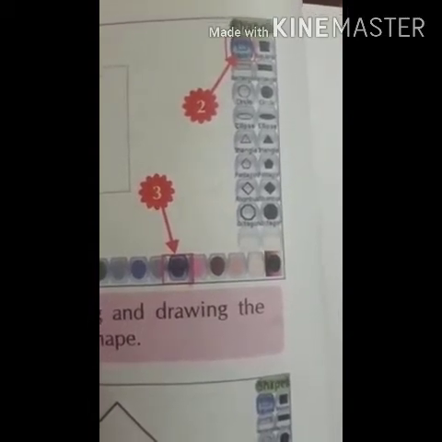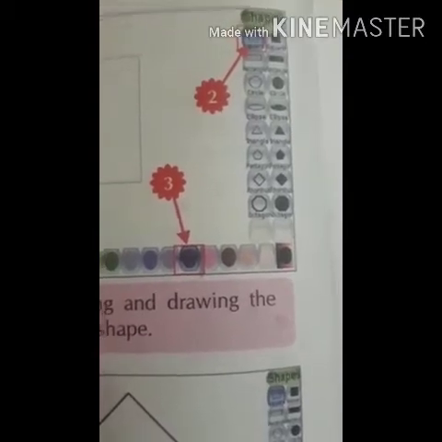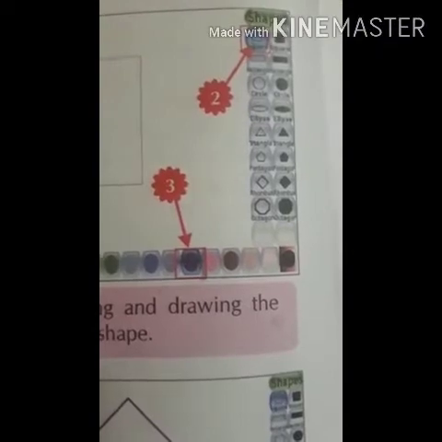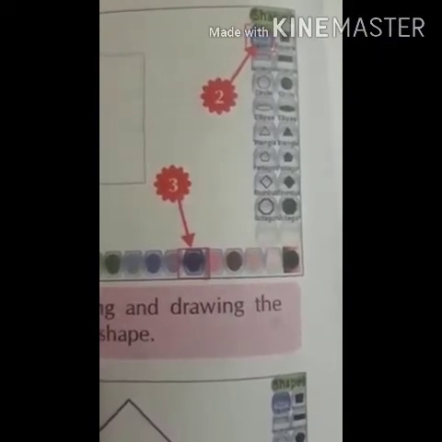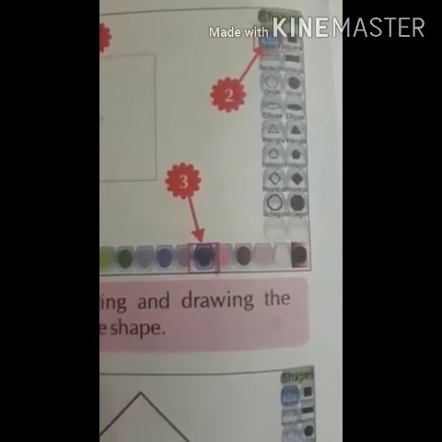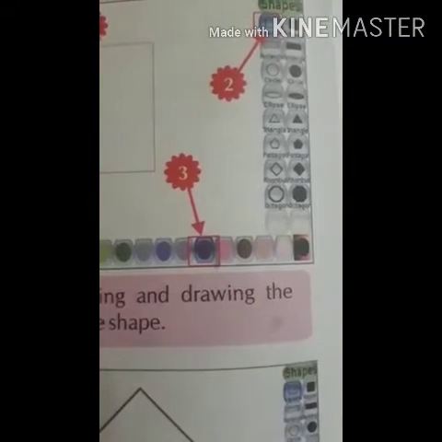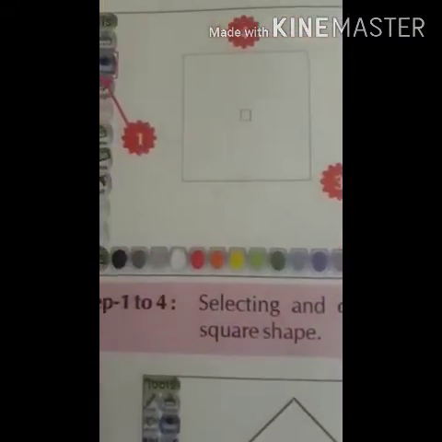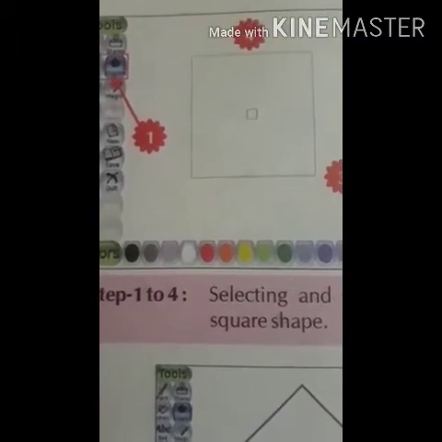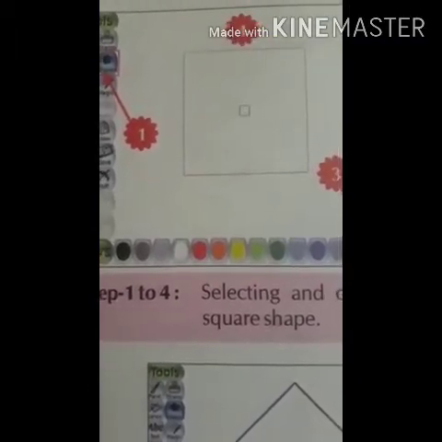When first of all you click on the shape tool, after that, in the selector area, different types of tools will appear in front of you, and select the one tool from that which you require to draw. See here, the second number is indicating the tool, and here we draw that shape on the canvas. After selecting that, select the color in which you require that shape.